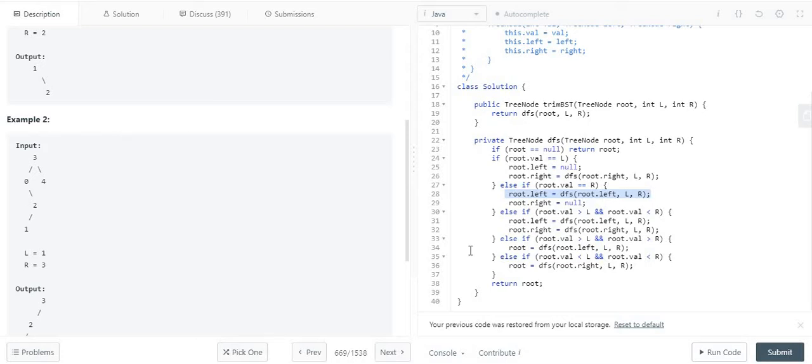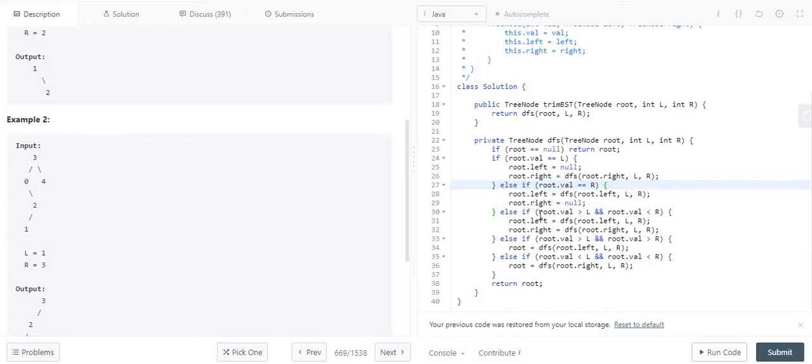If it is not the case, if it lies somewhere in between, there can be the case where the root value is greater than left and the root value is less than R. Let me reiterate this.